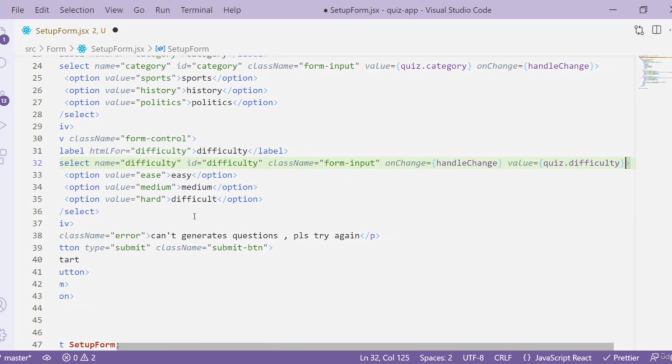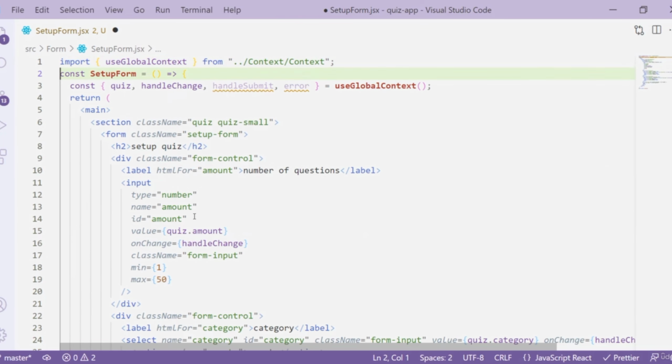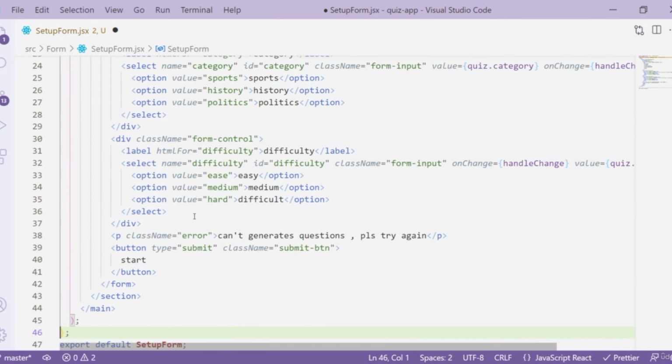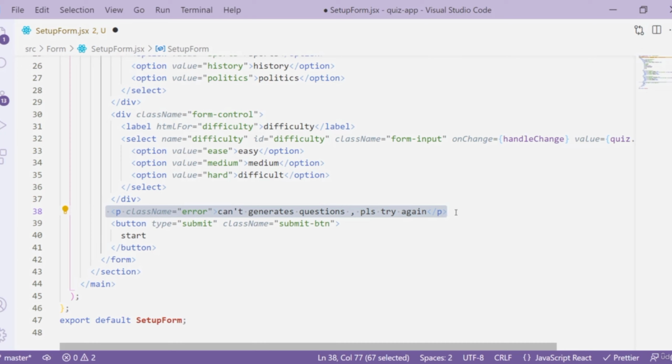Alright, so here we are, apart from handle submit and error, so just come down, and this is the text that we want to render only when there is any sort of error. So just put it inside curly braces, and what we want is that if our error is true, that means if we are unable to get our data for some reason, then we use double ampersand, then we want to display our paragraph element that is going to say, can't generate questions, please